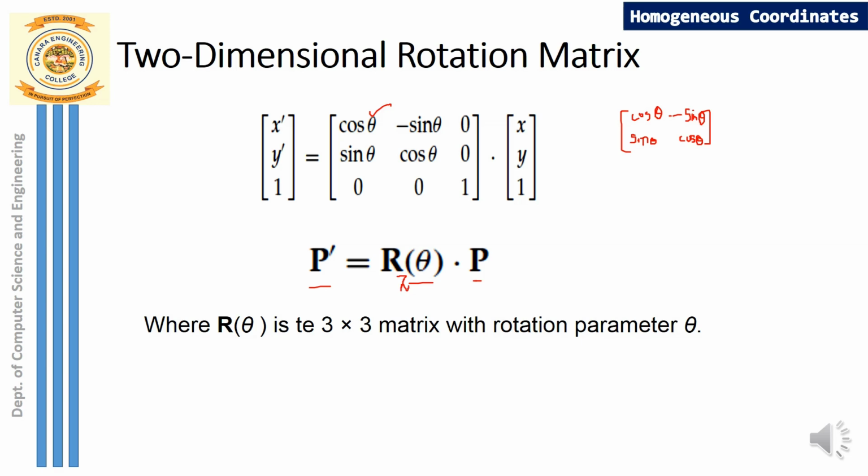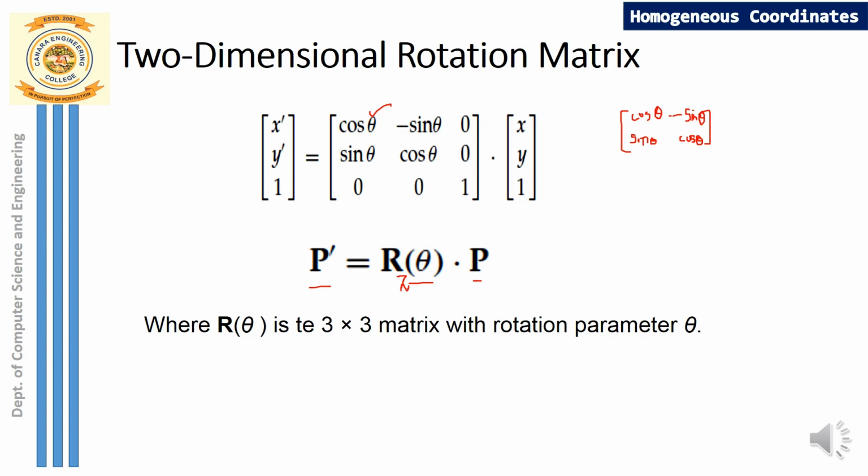What is the meaning of along z? Z is equal to 1, z value actually is equal to 1. So you can just see here the LHS is representing the new point after rotation, and this is our rotation matrix, and this is our old point. So the final equation would be P dash is equal to Rz theta into P. So we are rotating along Z axis by an angle theta.